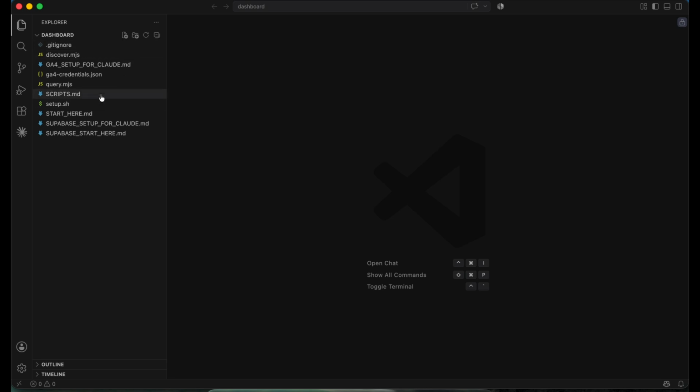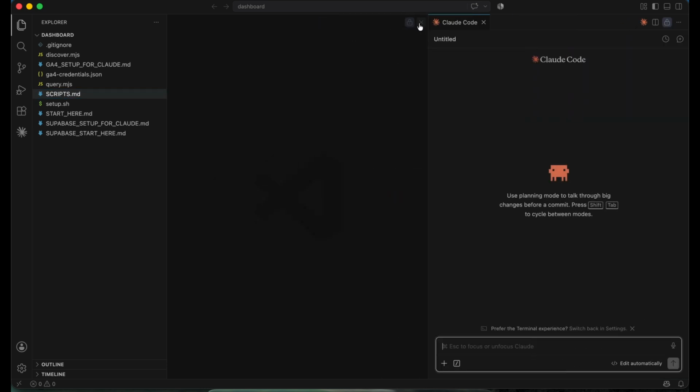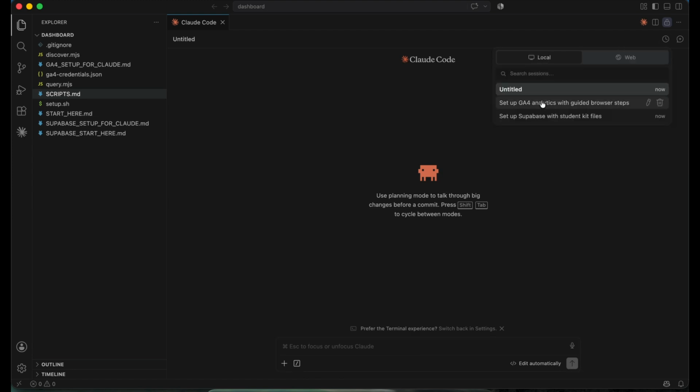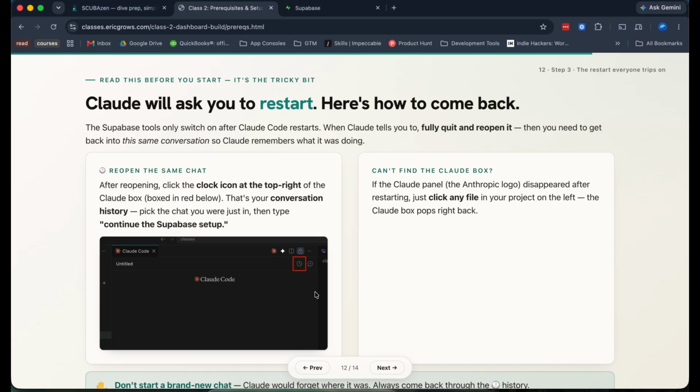Claude's completely closed. And so when you go back to Claude, you're going to get a blank screen, but you want to pick up where you left off. So you'll go back to the same conversation and then you'll just say something like continue or reset up. It'll check everything is loaded and then you should be off and running, no problem.